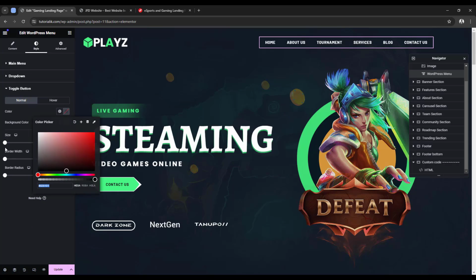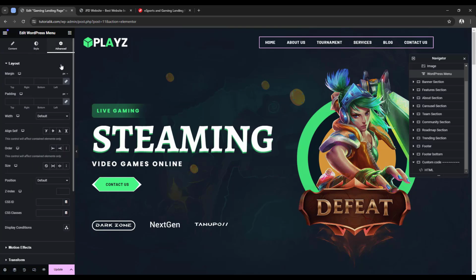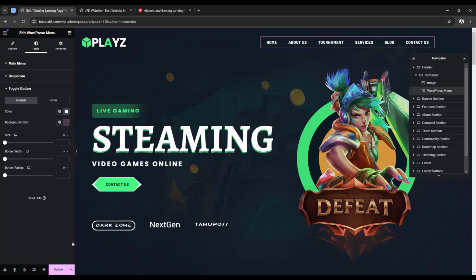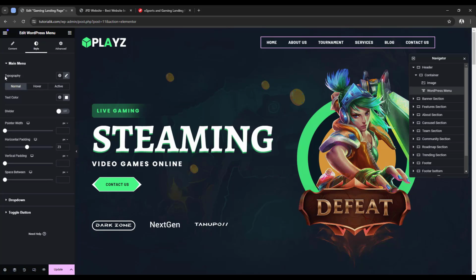In here let's make the color FFF. Now let's go under the advanced tab, and from here I'm gonna add some margin of 122 on the left. And one last thing we have to do from here is let's open this main menu again,